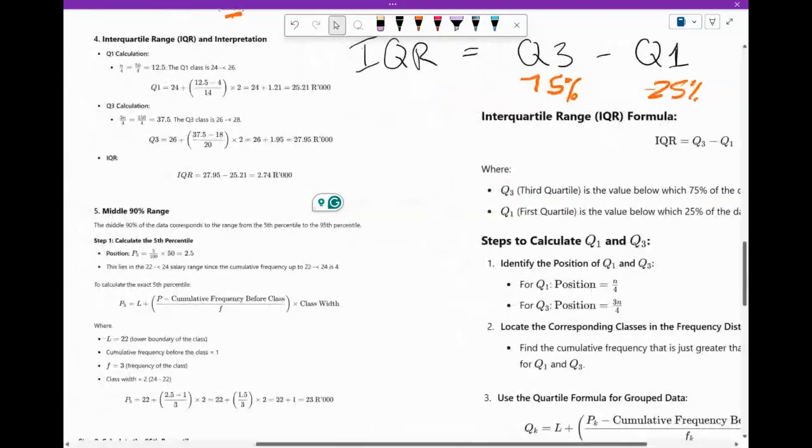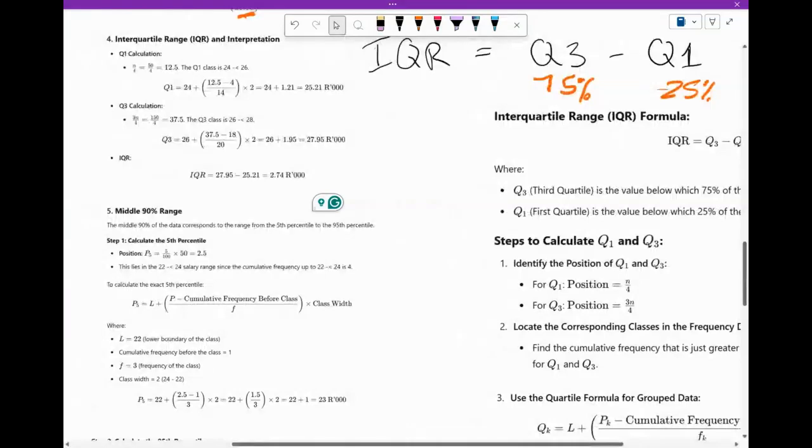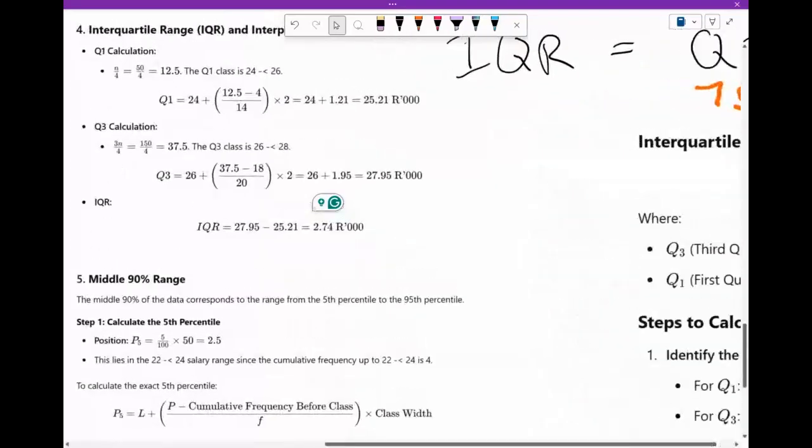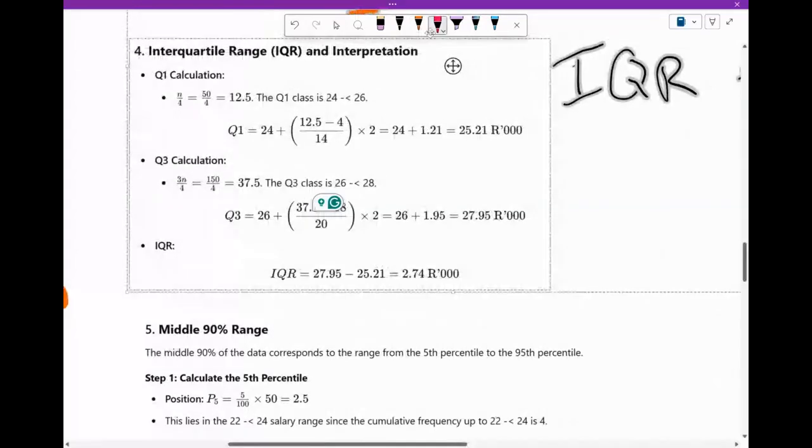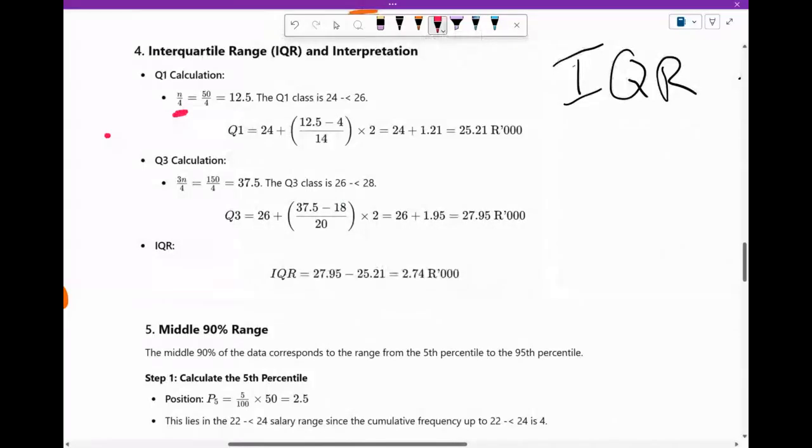Okay, so first things first, remember, we need to find the position. How do we do that? This is the formula for Q1, n divided by 4. So we know n is 50. That's the number of variables we have. So 12 and a half. Where do we find 12 and a half? We're looking for 12 and a half